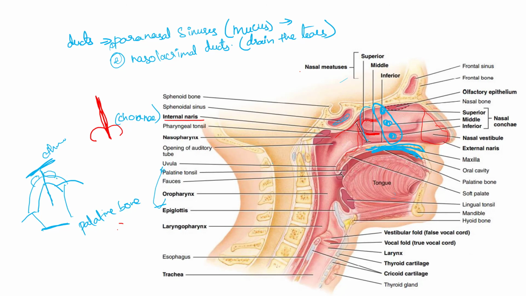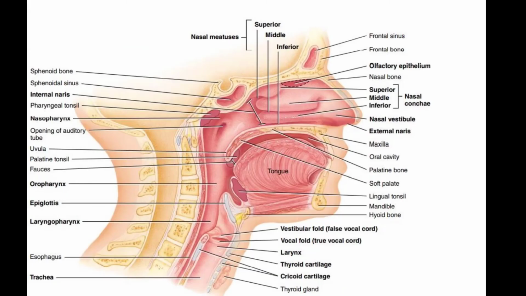So now we have seen all the bones which this internal nasal cavity is made up of. So why do we need all this? Because this framework will only help our nose to open. Imagine my whole nose doesn't have any bone. Then it will be a lump of skin and we won't be able to breathe. That's why we need all this bone for the support of the nose. By this, I am ending the anatomy of nose.